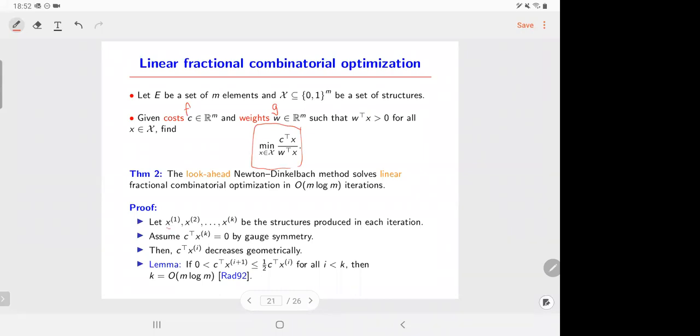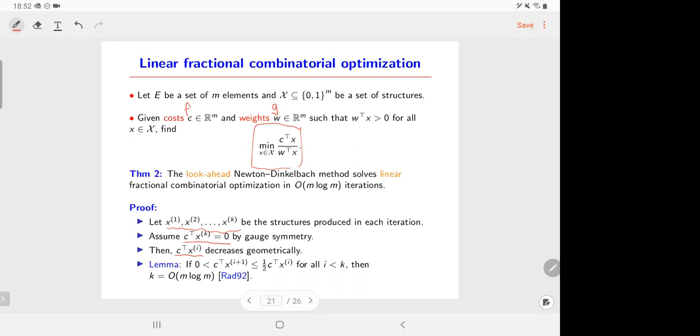Let x1 up to xk be the structures produced by the look-ahead Newton's method. Again, by gauge symmetry, we can assume that the optimal value is 0. And then we know that the cost of each structure decreases geometrically. Now, if we apply the following lemma